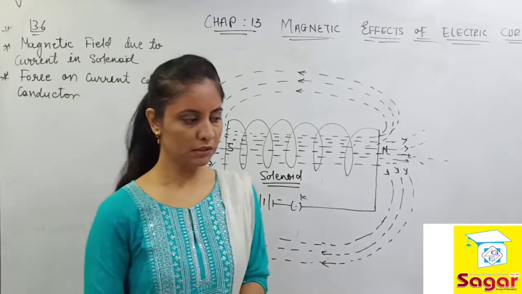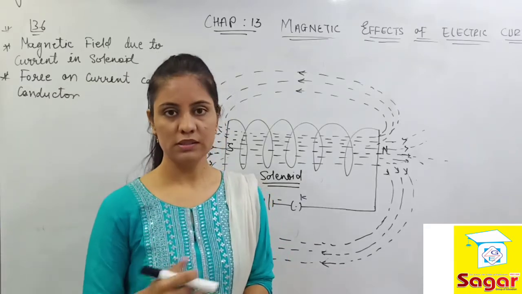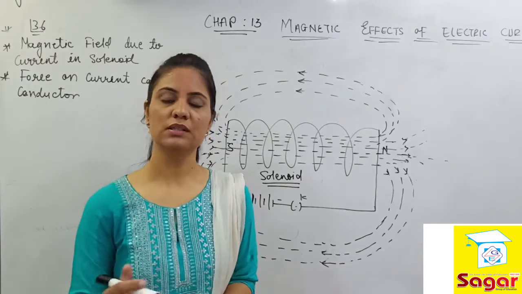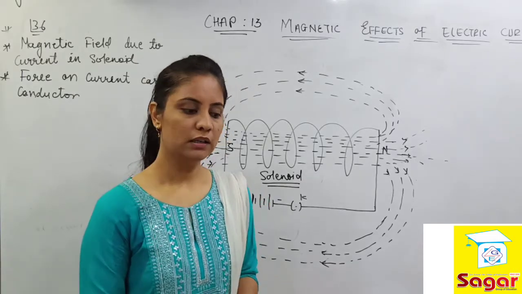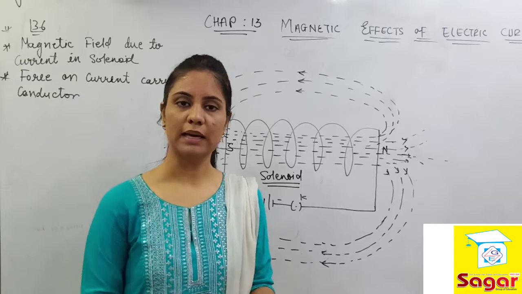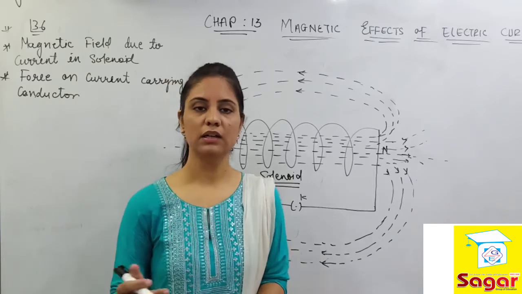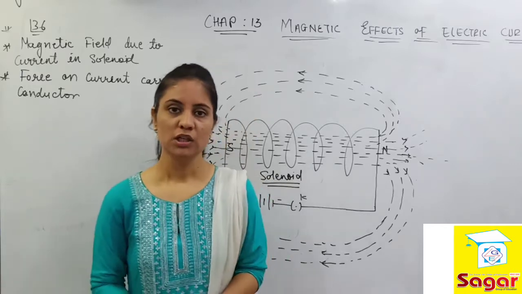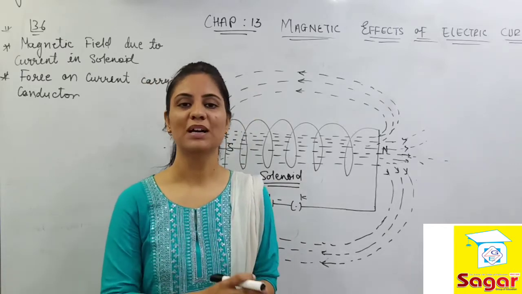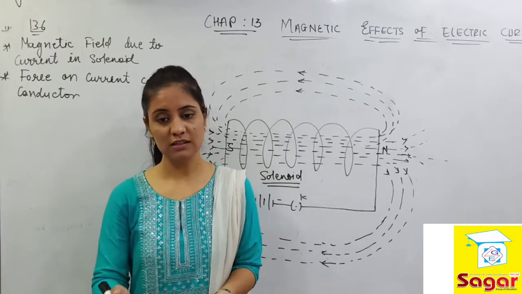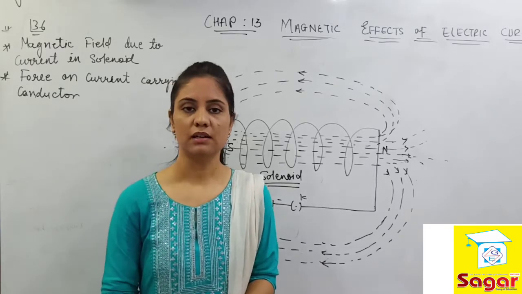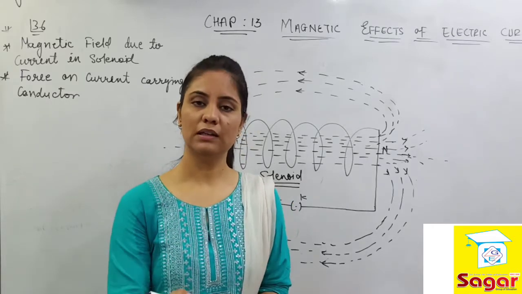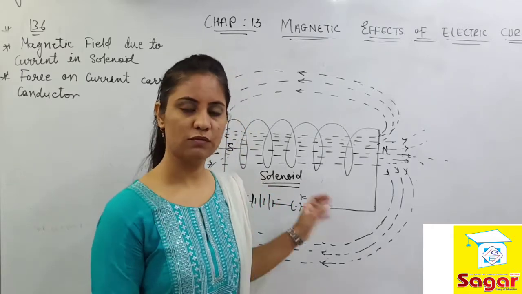This was discovered by Oersted, a very well known scientist before. By mistake, accidentally, he came across one phenomenon: a wire was kept nearby him and the wire was conducting some current, and a magnetic compass was kept with it. The magnetic compass showed some kind of deflection. That deflection is a result that a magnetic field has been generated. That is the only phenomenon, the only logic, which is also used here for the solenoid.